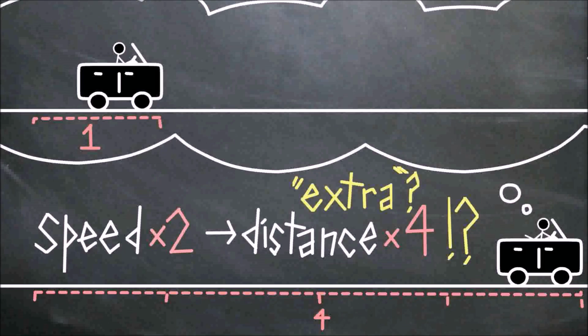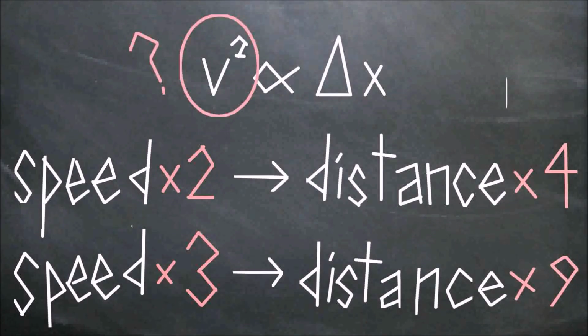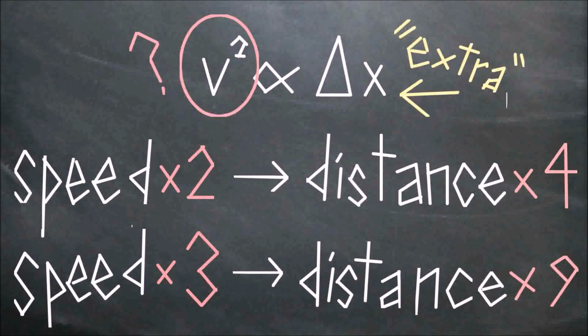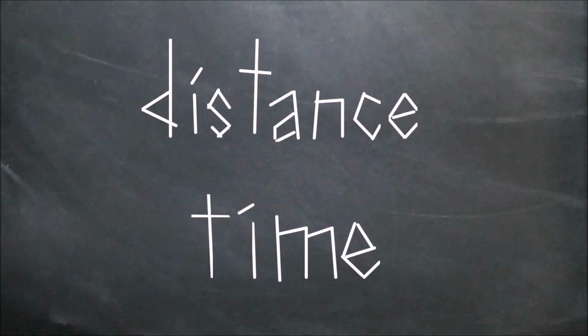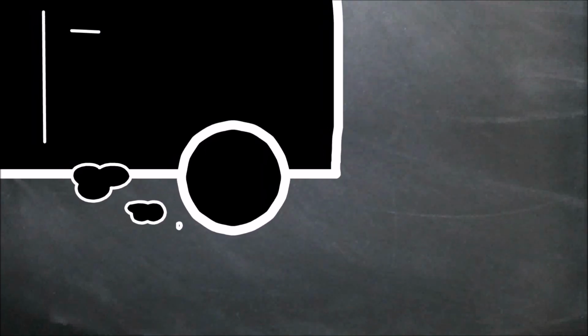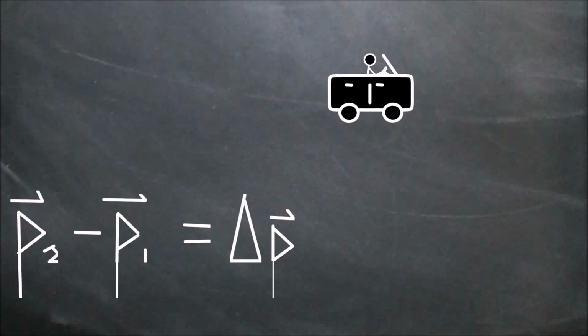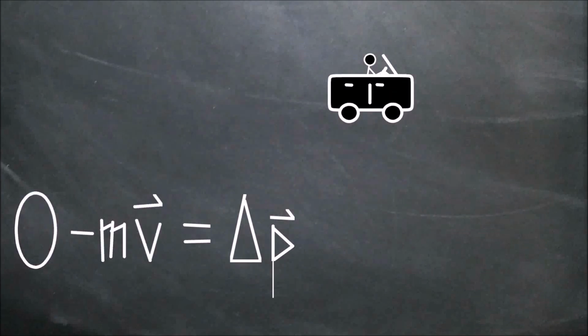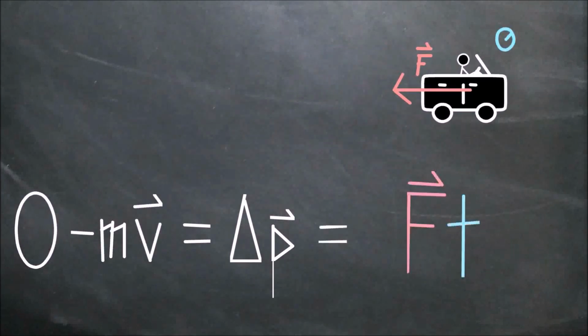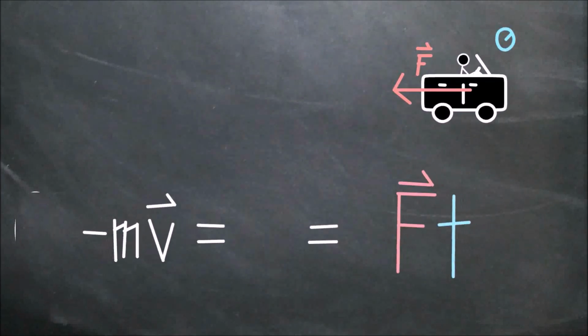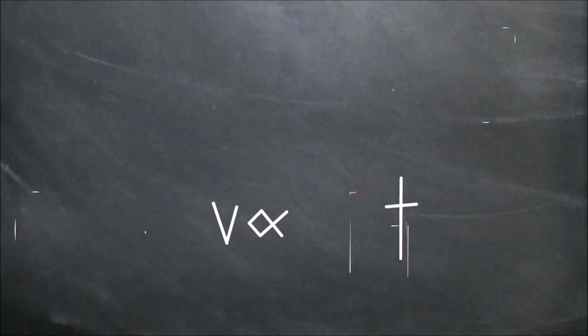That's all very interesting, but still, why square the speed? Again, where does that seemingly extra distance come from? Well, we might get a clue by looking at the other side of the story. It's a story of time. When you slam on the brakes, the friction between the wheels and the road causes an impulse. This impulse points in the opposite direction in which the car is moving, decreasing its momentum. The force of friction over time is impulse. Now we get a relation between stopping time and speed. Time is proportional to speed.